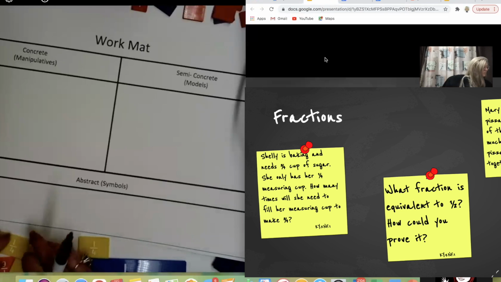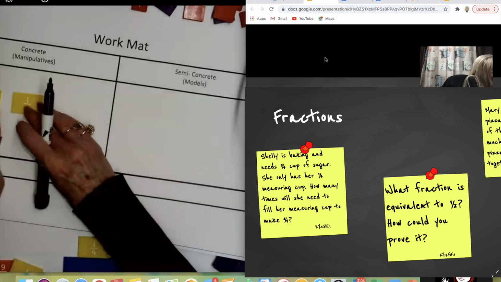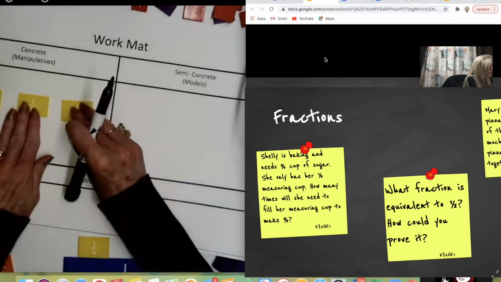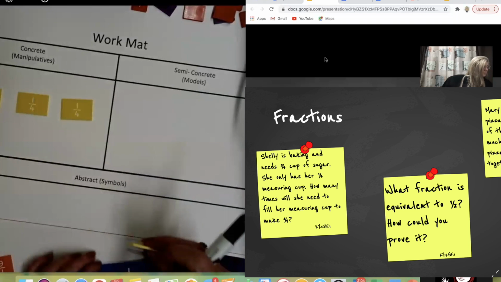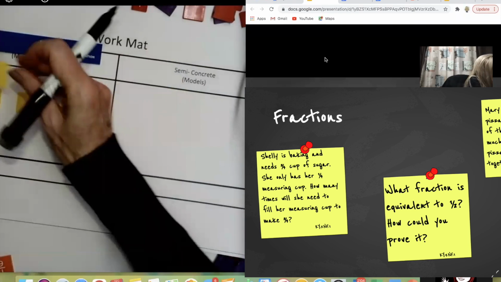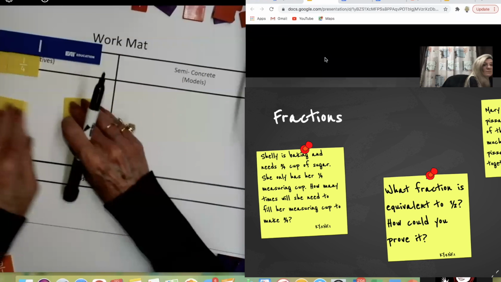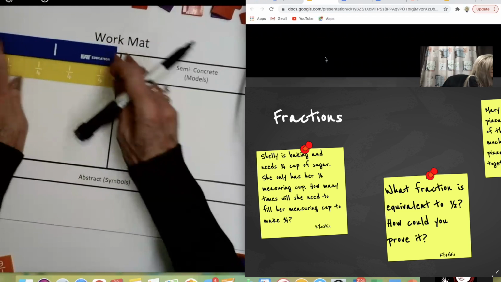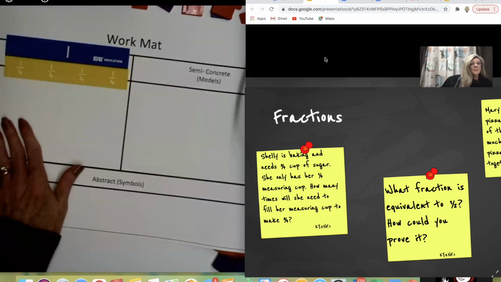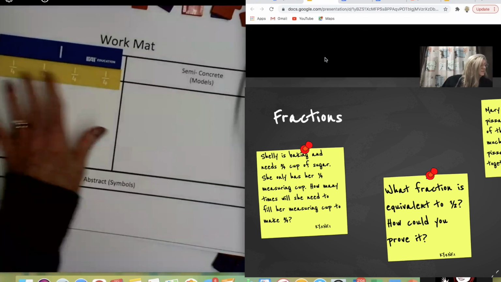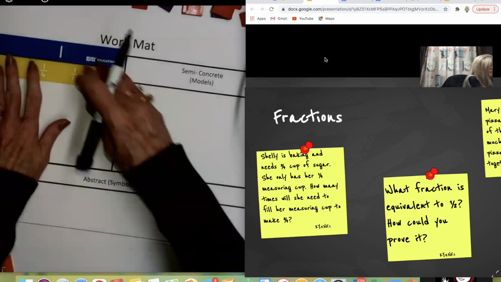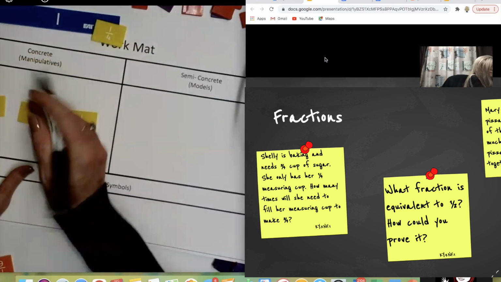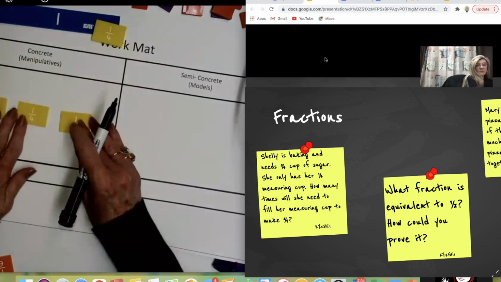So let's do that with this one. I won't do it with each of them just for the sake of time, but with this one, I want to do that because we've modeled that this is 1/4. And also the kids need to prove to themselves that it's 4. So you'll need to have them model. And see that each one of those, that it takes 4 of those to equal that one whole, and that these are 4s. And so we're going to use 3 of them. So 1/4 plus 1/4 plus 1/4.